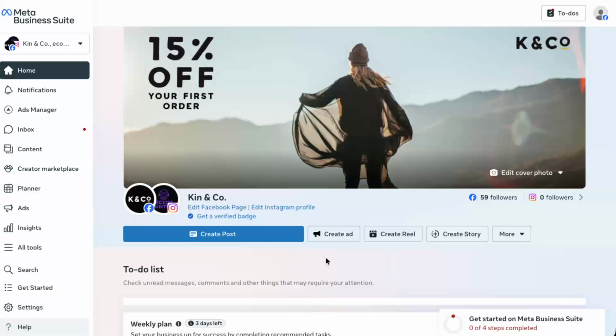You can usually find it by going to the Business Suite link from your Facebook menu or by typing in the Business Suite URL directly. Once it loads, you'll land on your main dashboard. This is your control center where you can manage posts, messages, insights, and more for your Facebook page and connected